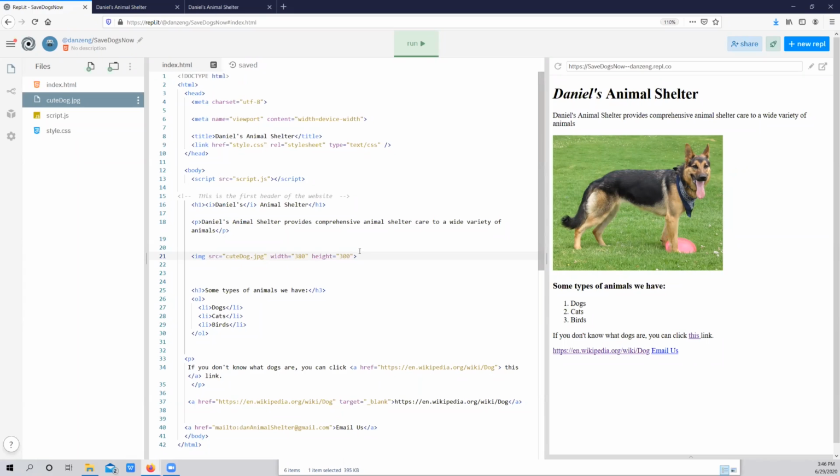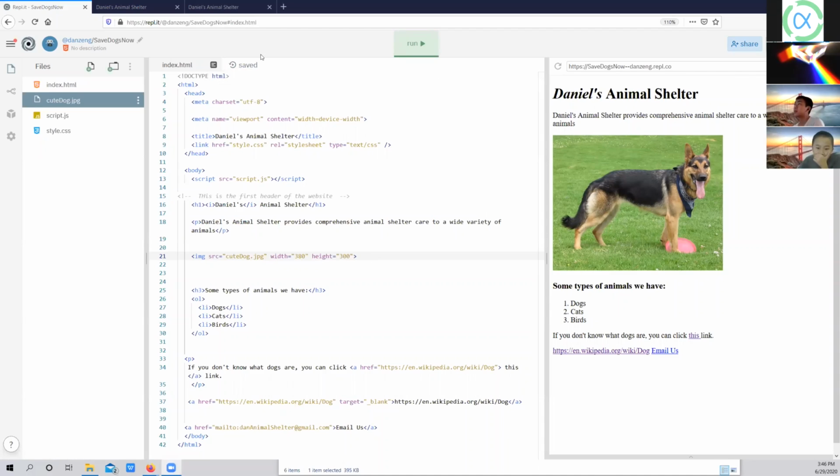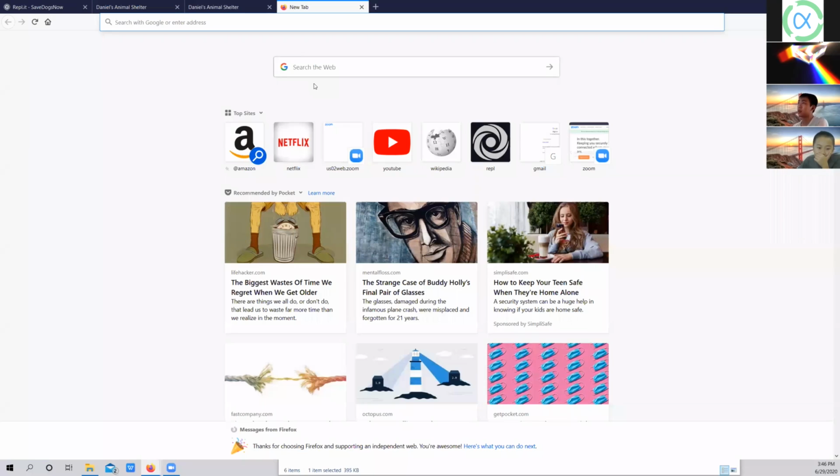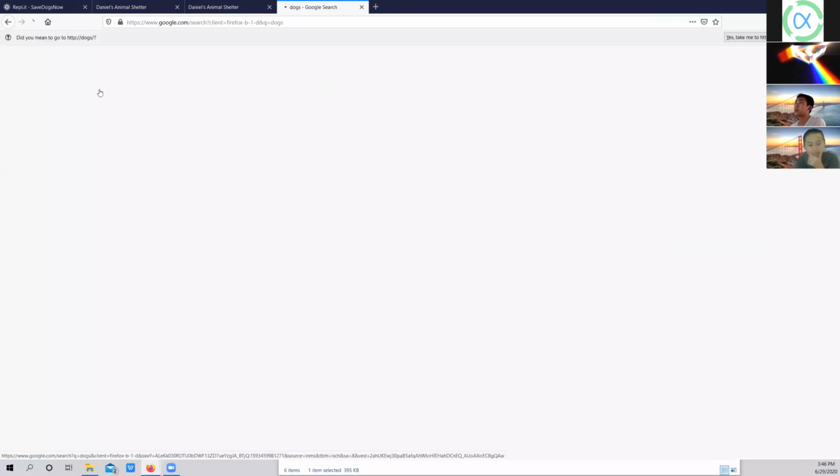So some questions here. Somebody asked, how do you know the pixels and the aspect ratio? Like I said, the pixels depend on your camera, or if you find an image off the internet, what the image is saved as, the pixels and the ratio and the dimensions. I think if you do Google Images, like let's say if we Google Images something